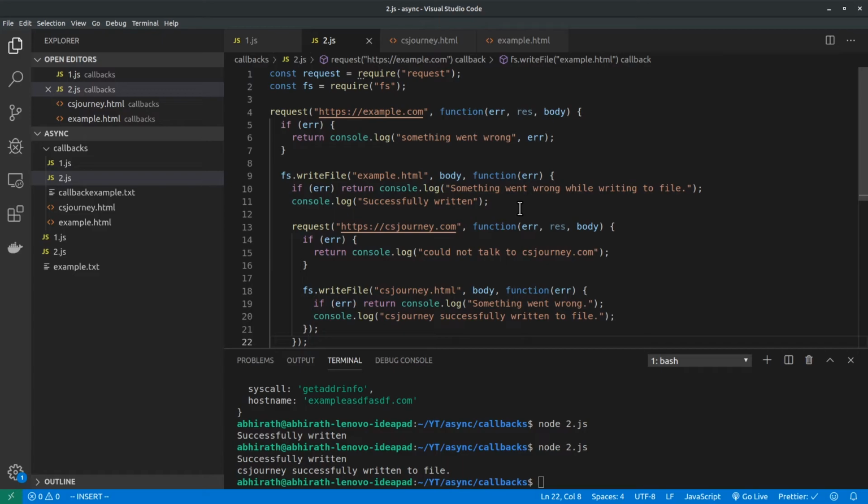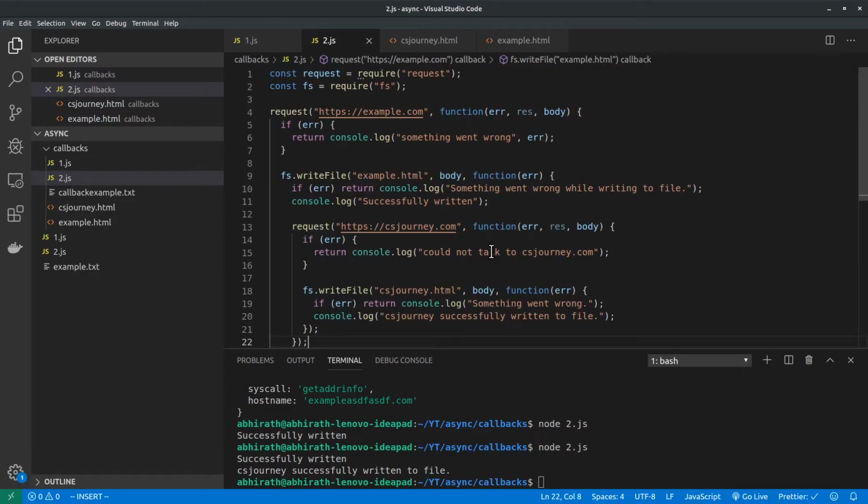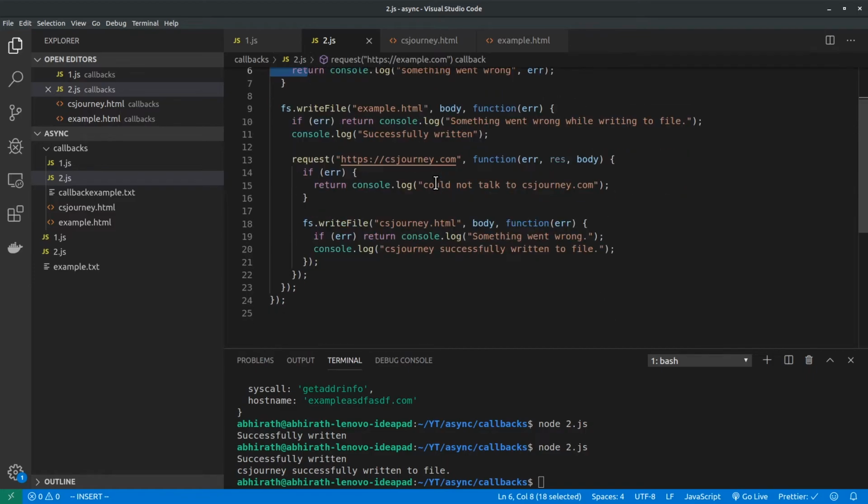Now imagine if you need to perform 10 steps and you need to guarantee the order of execution. You'll have to keep nesting it inside, inside, and inside. It keeps getting deeper and deeper. This is what programmers refer to as callback hell. And also notice, we have to handle the errors in each step. This step might go wrong. There might be some issue here. We have to handle the error here. This step might go wrong. We have to handle the error here. Even the error handling is kind of painful and tedious.